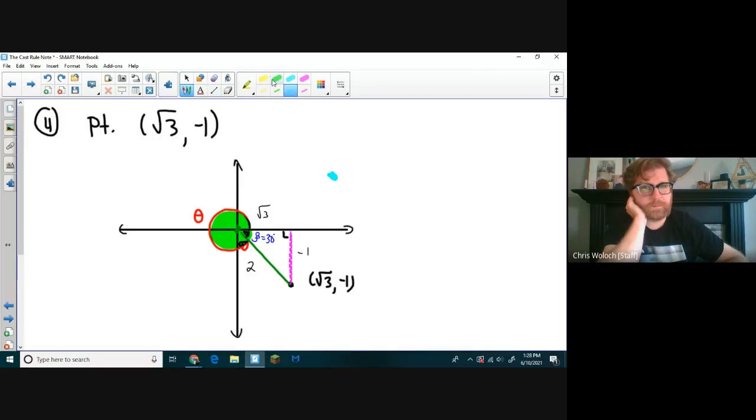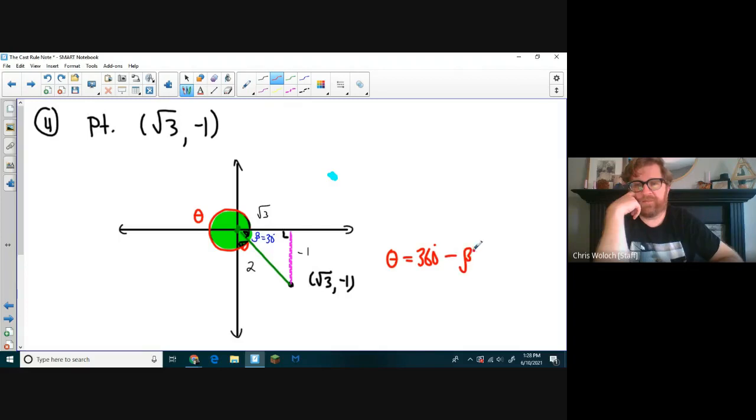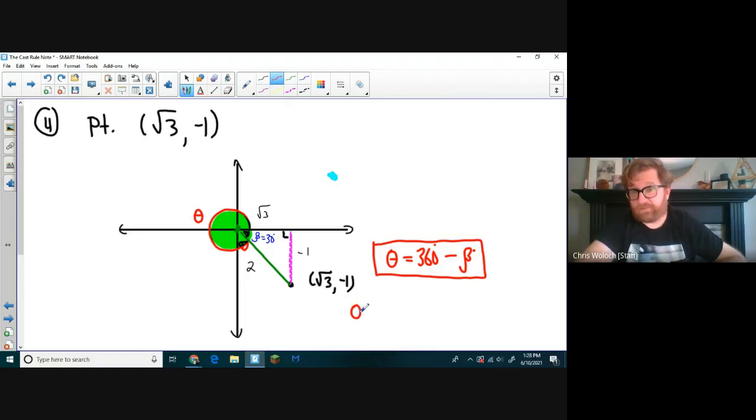So here theta is going to be 360 minus my related acute. Because I know my related acute, I calculated it, it's no big deal, right? 360 minus 30, which is going to be 330. So this whole swing here